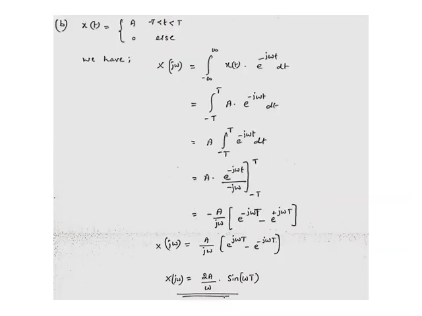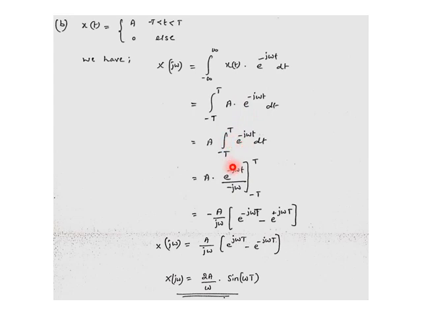The second set is x of t equal to a over the time interval minus T to T, else it is 0. So I have to calculate the Fourier transform of this. So x of j omega, we have the equation for the Fourier transform: x of j omega is equal to the integration from minus infinity to infinity of x of t into e to the power minus j omega t dt. So x of t is equal to a over the time interval minus T to T, substituted,